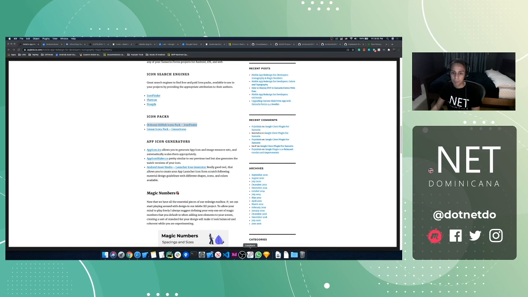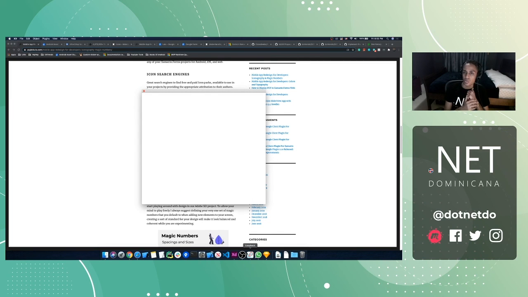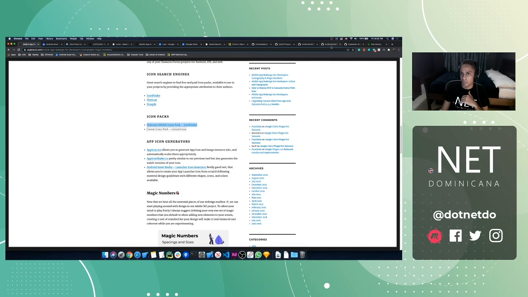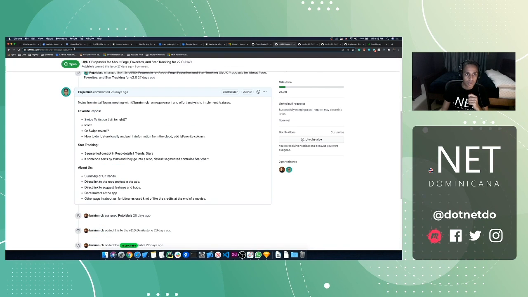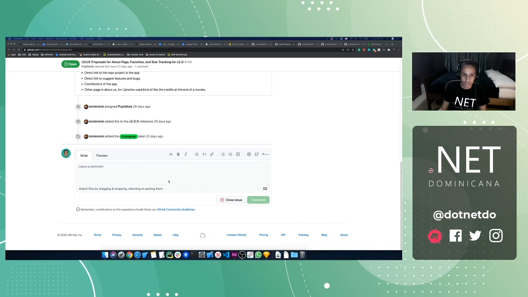So what we're gonna do, we already decided on what the feature is we are gonna be implementing, right? So what I want you guys to do is go to the issue, try and brainstorm and come up with a proposal for the start tracking screen. Let me copy paste the link here of the issue again. So mock up a proposal, go to the issue, and just add a comment here, add your image,